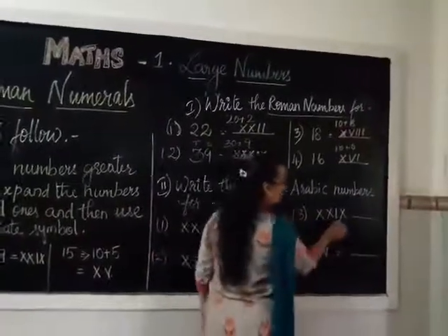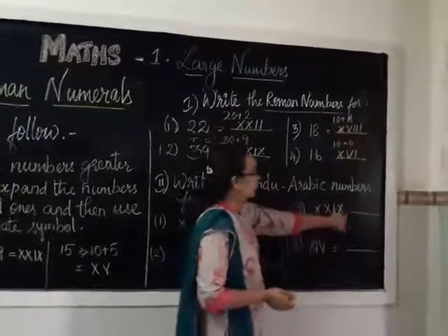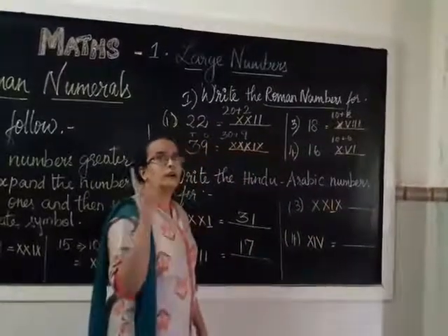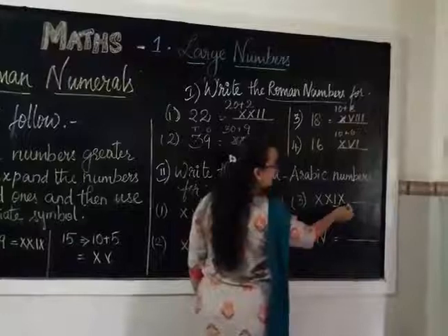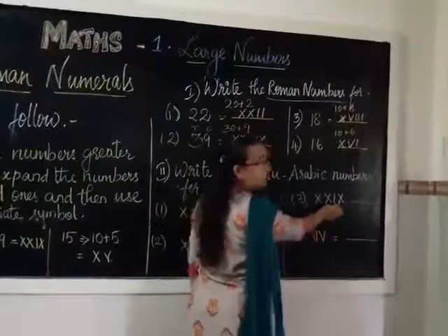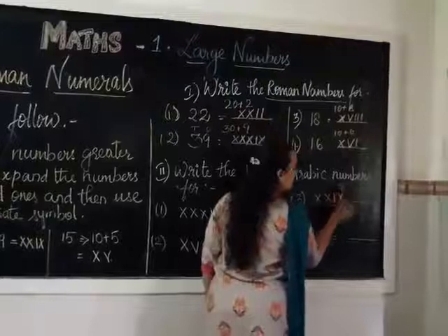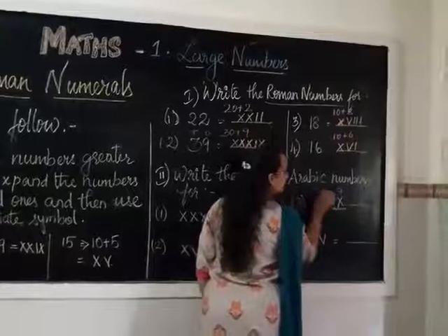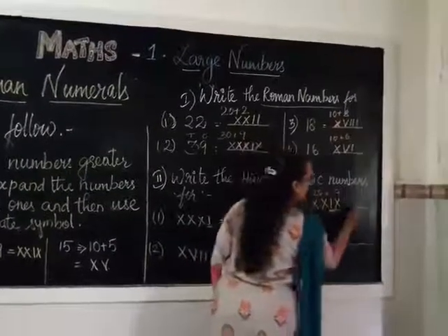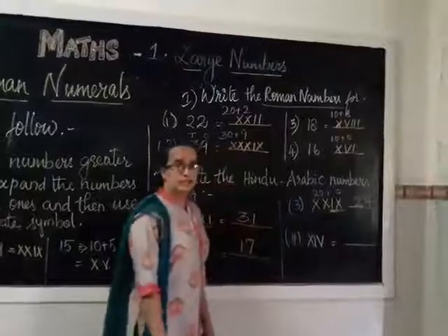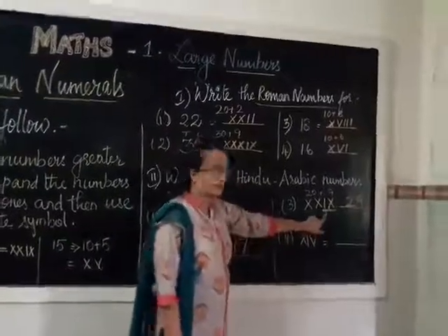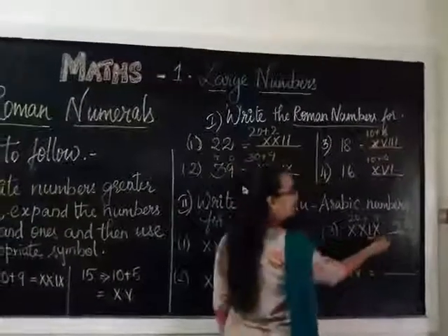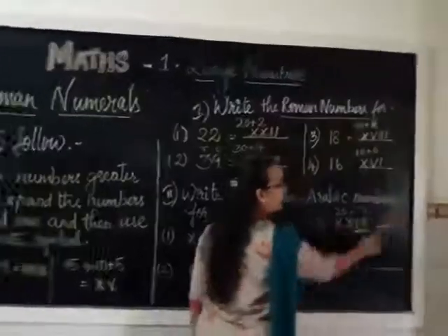Now see here. I is there, and towards the right side X is there. So when X is there you have to do subtraction. First you do the subtraction for this one: 10 minus 1 is 9. Now see, this X is 20, so 20 plus 9 is 29. Did you understand, children? Again I am telling you, if you find an I with a greater symbol towards the right side, then you have to do subtraction, then add everything.